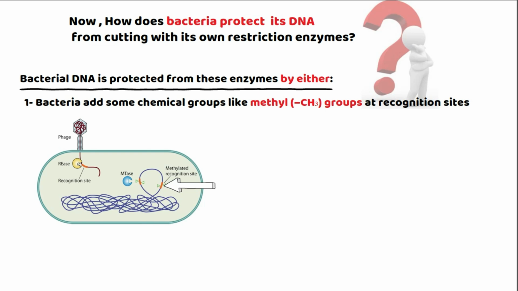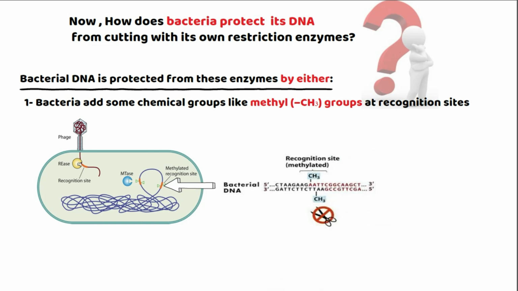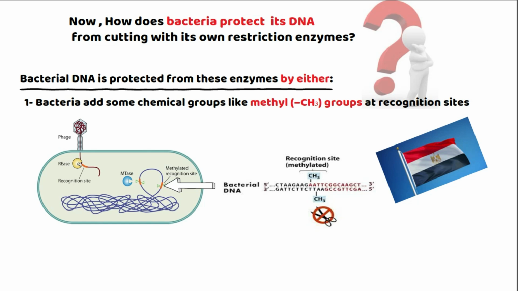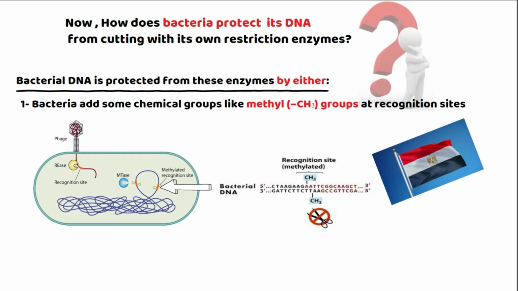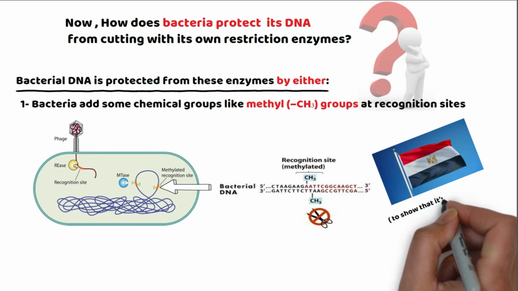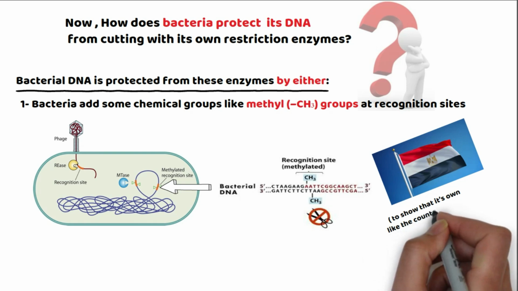Okay, here bacterial DNA, where this methyl group is added at the recognition sites, like a flag, like a country's flag above an embassy or building, to show others that this is self, not foreign,